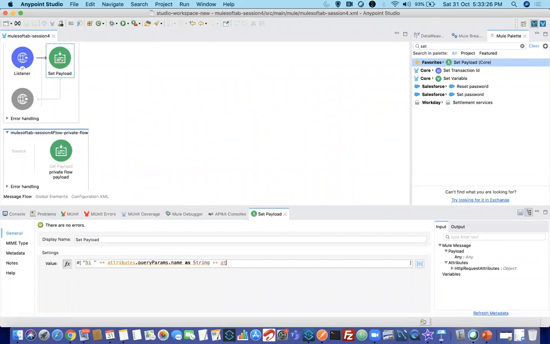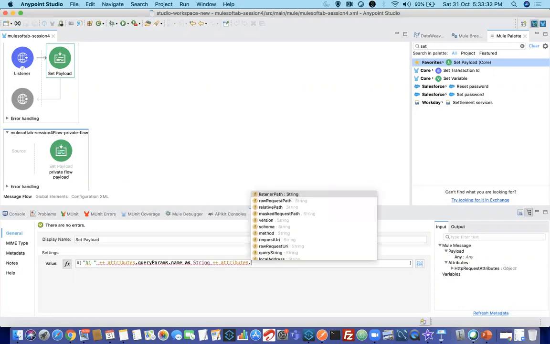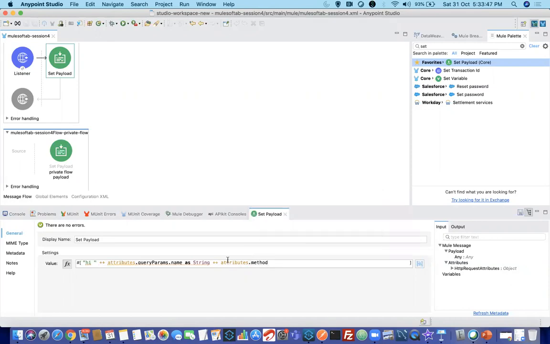Attributes. Now I got familiar. So what I'll do is attributes dot. You can see when you click on dot, automatically the syntaxes will be populated here. In a few systems, due to some network issues or Studio issues, you might not see this feature. Now if you click on this method, attributes dot method, it will give.